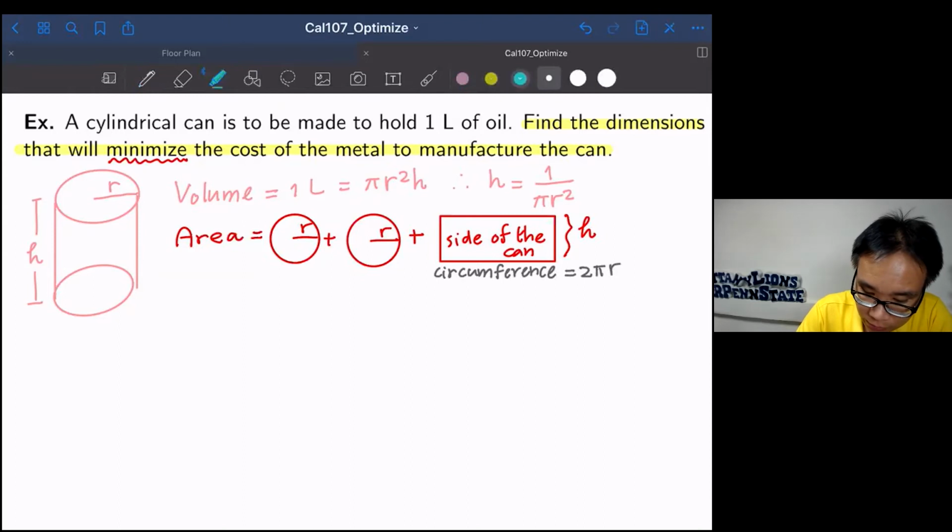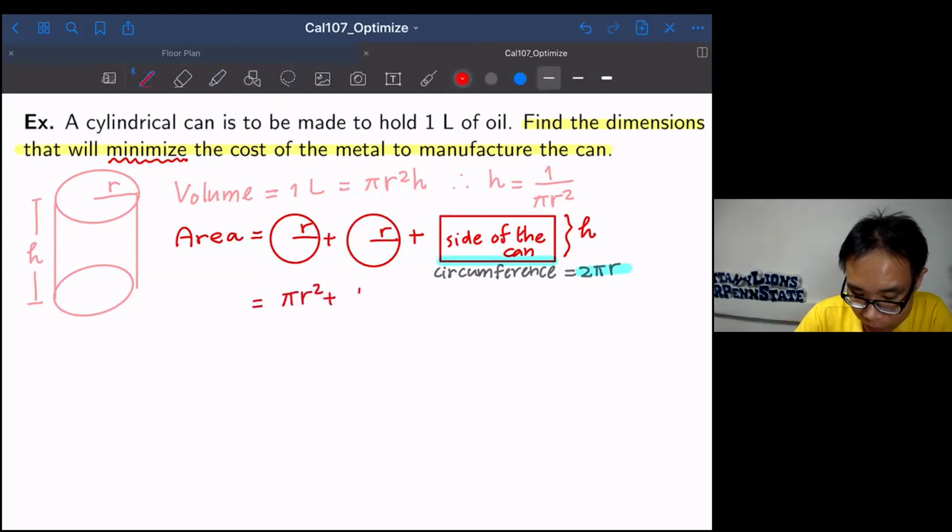So this is this guy, this is this guy. Okay, so in this case the area that we're looking for turned out to be just pi r square plus pi r square plus the circumference times the height,